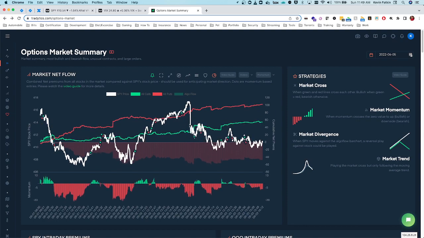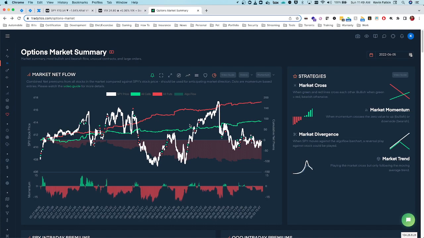So on this day I'm looking at 1 day of cumulative net premiums and I see a market net cross, calls crossing above puts. Yes, that's a bullish sign in the short term, but we want to know, is that a bullish sign in the long term? Meaning, is this going to change my overall mindset and trend direction? And the answer would be no, because if we zoom out to the 5-day, you can still see, despite that